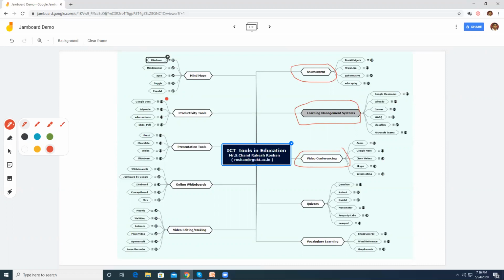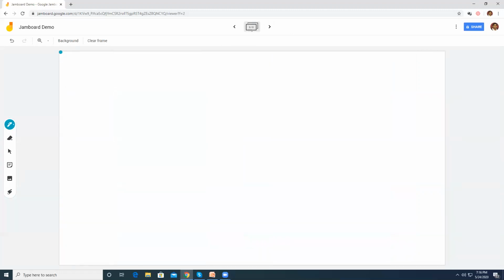And one more assistive drawing tool that you have is the text. So here I showed you, I was trying to write something. Let us say this picture represents the ICT tools in education. So basically it will convert to text. As you have seen what we have typed there, it converts itself to the typed one. So now let me go to the next frame, a new fresh frame.